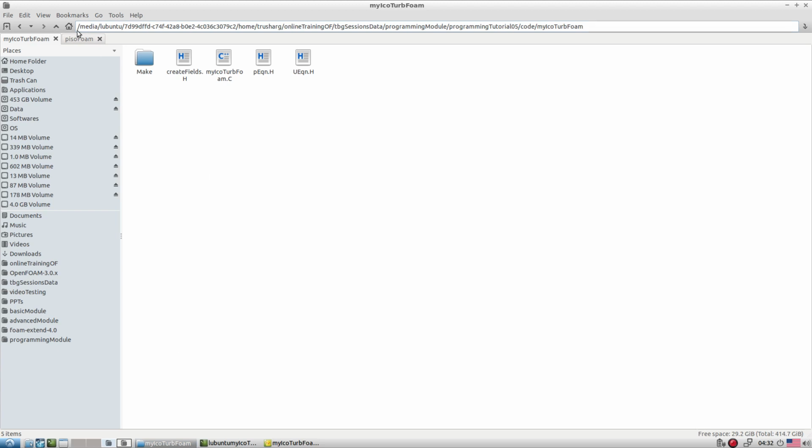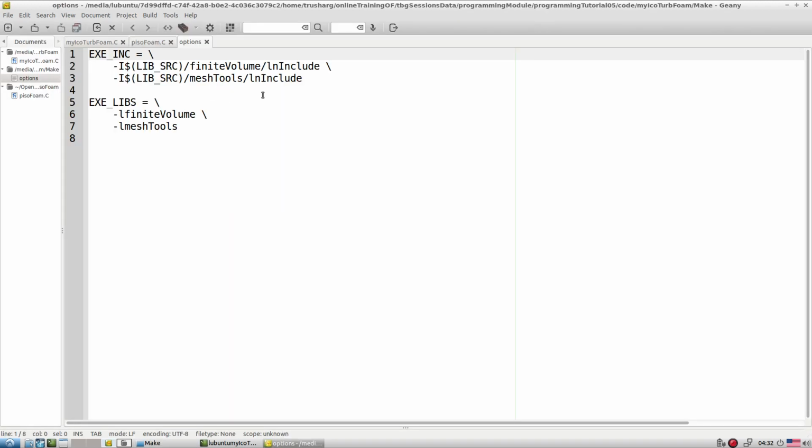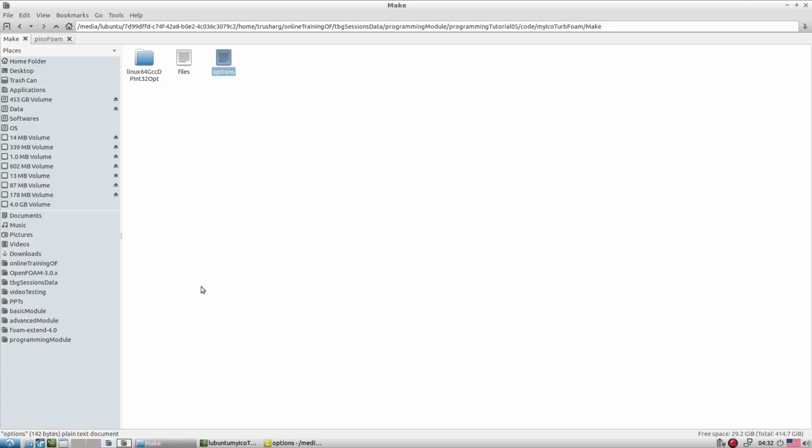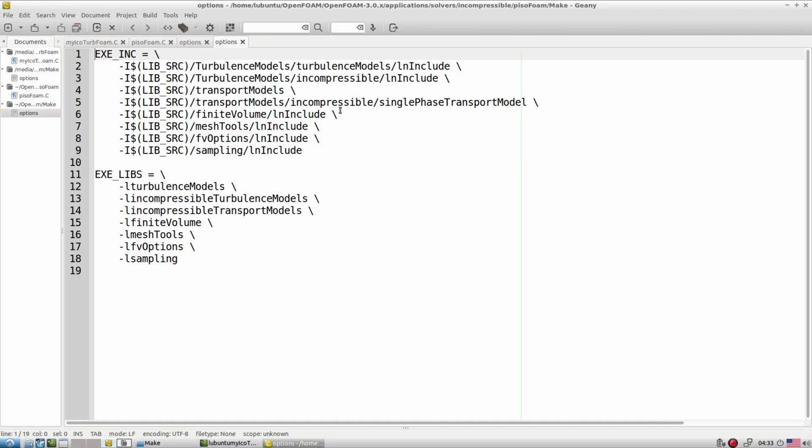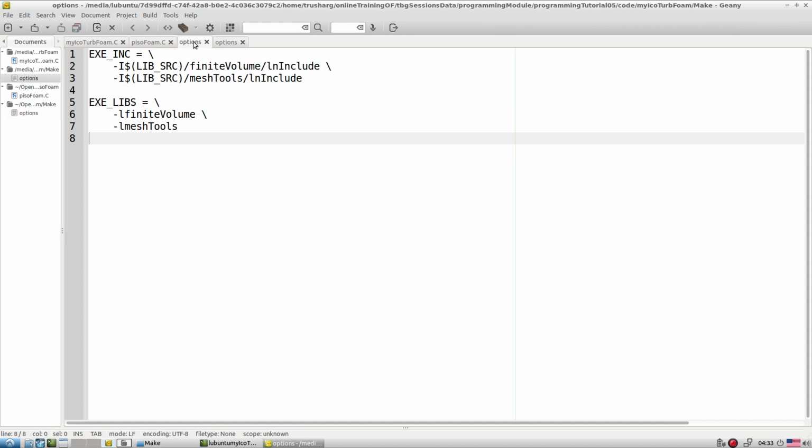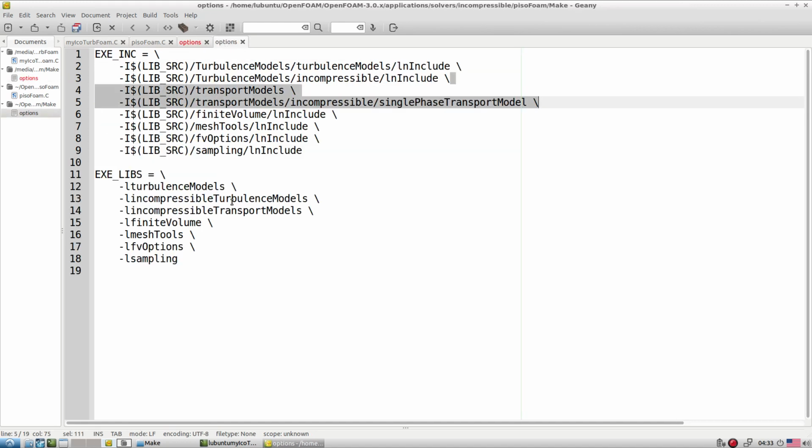So how to do that? For that, go to the Make folder, and here is the options file. So open the options file. Look, in the options file we have only these two libraries. In a similar line, if you look at the options file for pisoFoam, we will see a couple of things. So here we have this singlePhaseTransportModel. So we are supposed to incorporate these two lines. So if we incorporate these two lines, what is going to happen? Just check. If we add these two lines for the single transport,